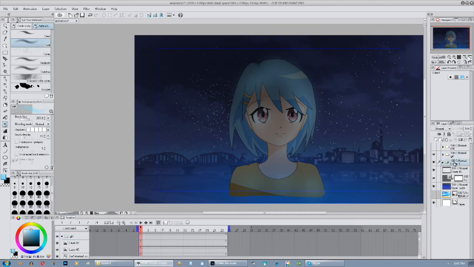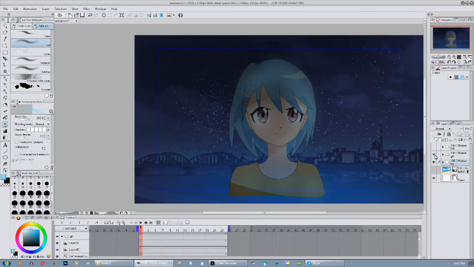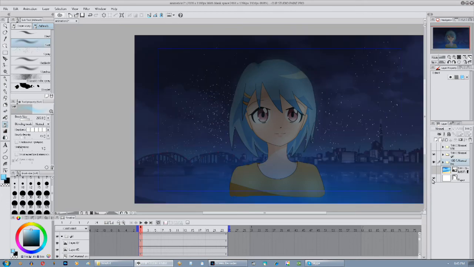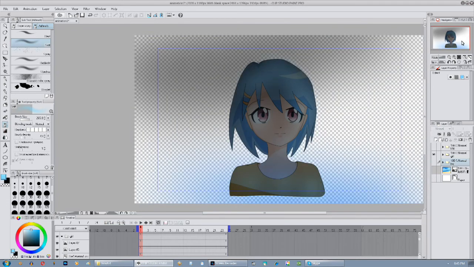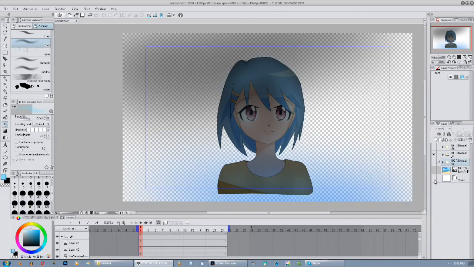Okay. And now we have the background. And we can minimize this, bring it back, minimize this and bring it back. So what I'm going to do is I'm going to hide paper so that we have transparency back here,